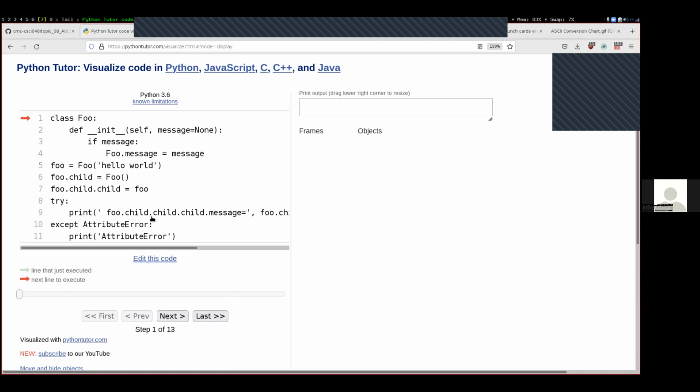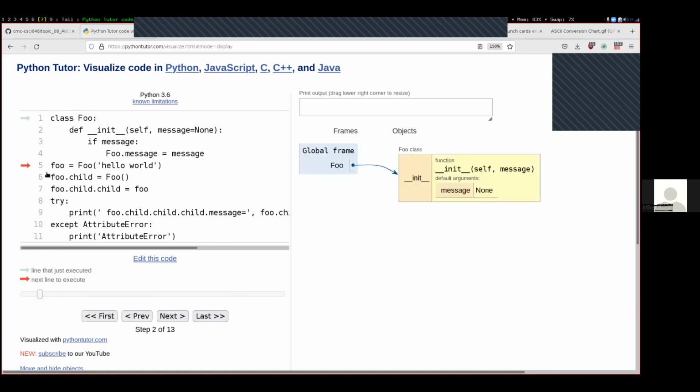Again, we don't go into these things when we first come across them, executing them. We just jump all the way down to the end of the class definition, creating the appropriate class object over here. Again, this is not an instance, this is a class. The class is the thing over here, the Foo class. It's created over here, a Foo class, and then line 5 right here is going to create this lowercase foo